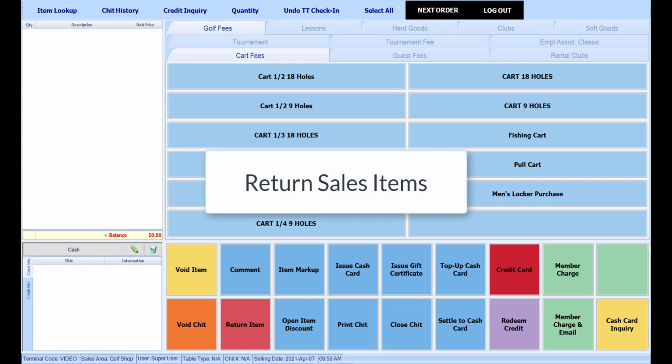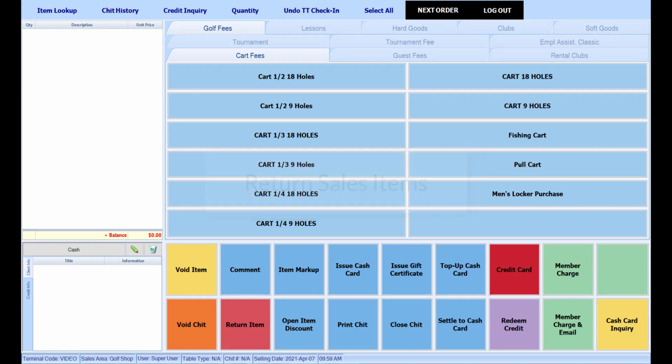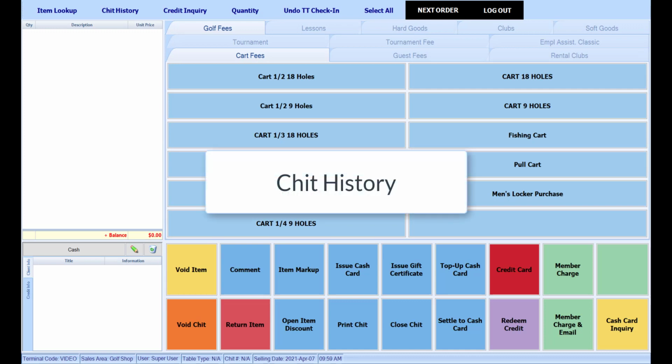In this video, we will review 3 different ways to return a sales item through the POS screen. We recommend using the Chit History option as it provides a more accurate way of returning items, inclusive of any discounts. If a member received a discount on their original Chit, you may not be aware of it. Therefore, when using the return or quantity buttons, you may end up giving them a full refund rather than the